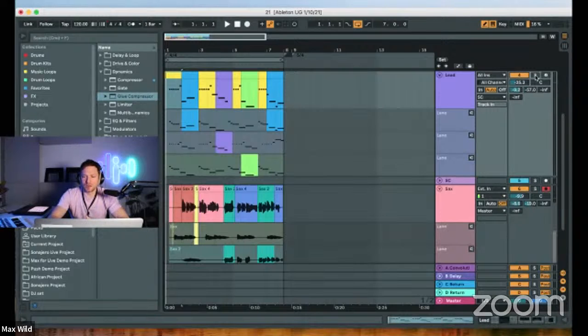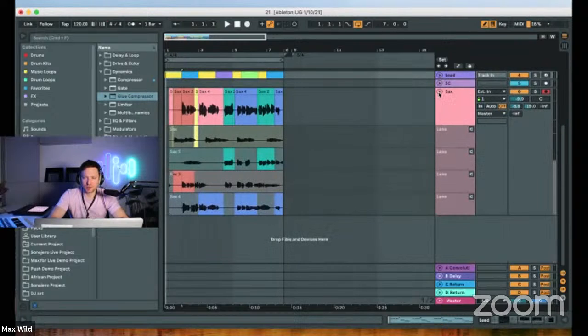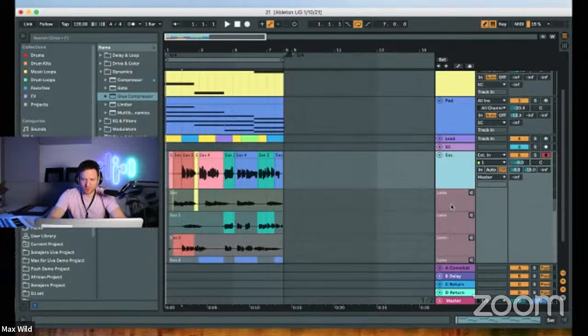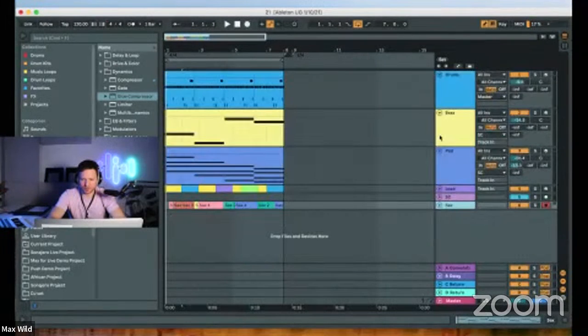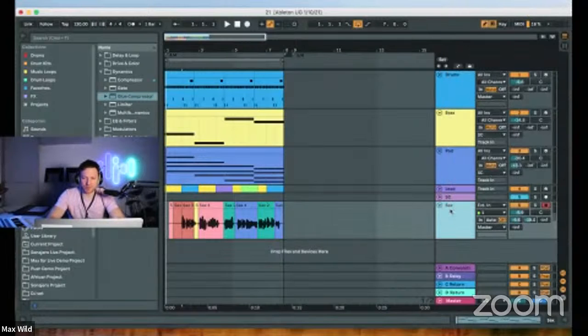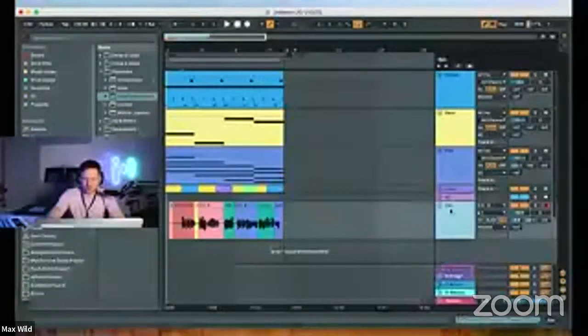All right. Actually, I said this was the last thing, but I want to show you one last thing, which is linking tracks. Okay. So let's say that you have a bunch of audio tracks, and for purposes of demonstration, I'm just going to hide these take lanes. I'm just going to duplicate the sax, and let's say that this was,